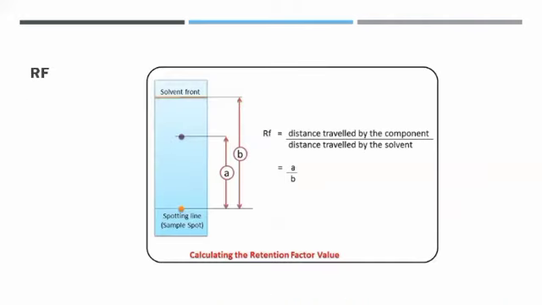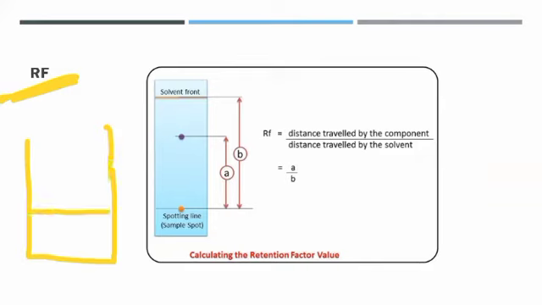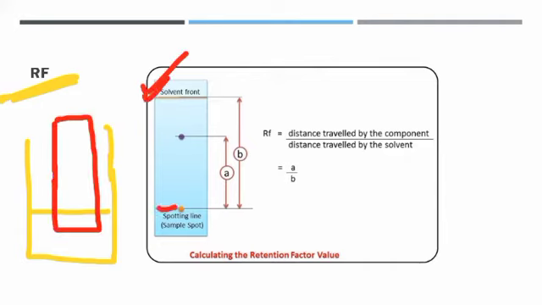How do you calculate the RF value? RF value is the retention factor. When I place my chromatogram in my solvent, the chromatogram is the final paper you get. For example, this is your chromatogram because the substance has separated. So when I place my chromatography paper with the sample on the baseline, it is going to touch the top of the liquid. And so my sample is going to separate into its components, because the solvent is going to travel upwards along with the sample, and the sample will slowly separate because this chromatography paper is made up of a special substance.